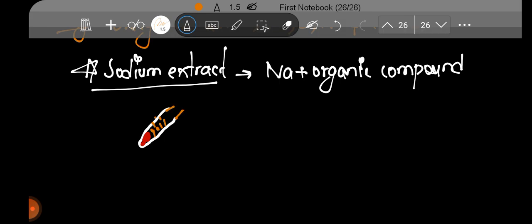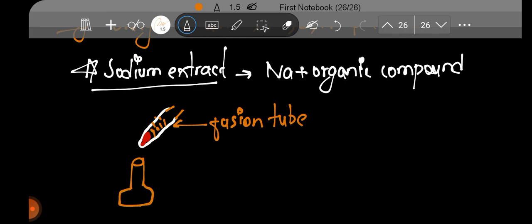Now this fusion tube should be placed in a burner until the reaction proceeds or it begins to boil. Then if this is one organic compound,